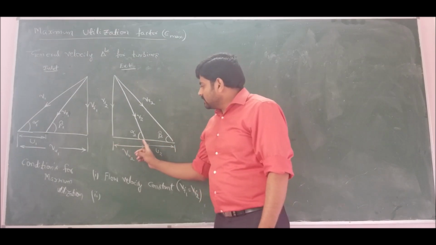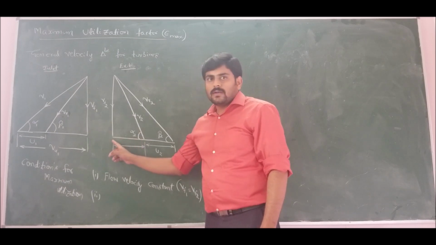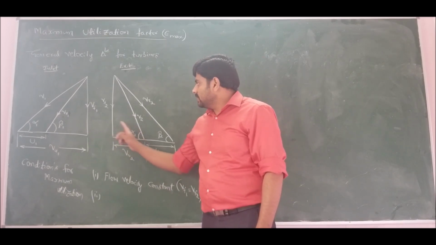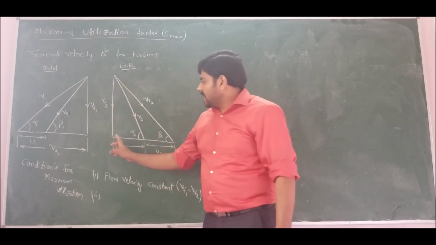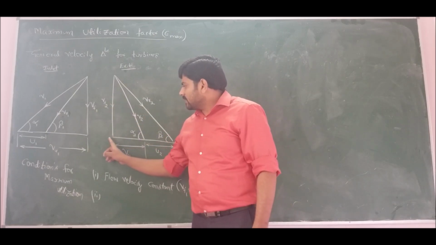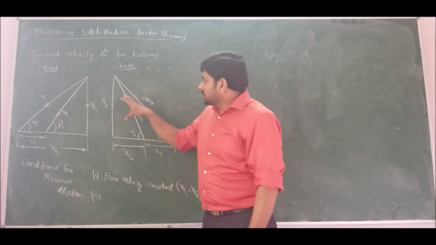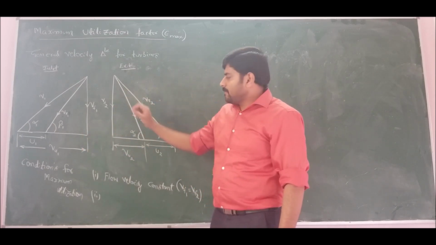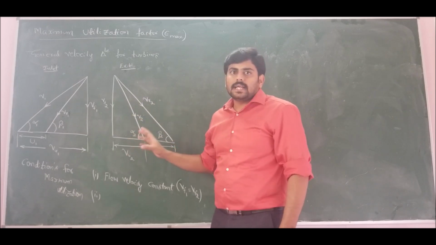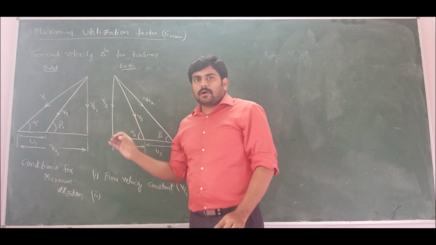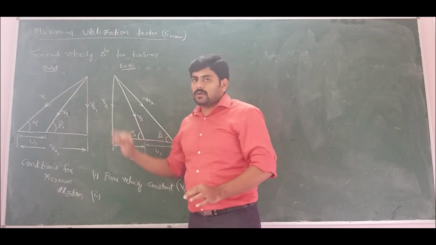You can see as V2 moves towards Vf2, its length keeps on decreasing and it attains the minimum length when V2 is equal to Vf2. If I again move towards left, the length will keep on increasing. All these are vector quantities. Its length indicates the magnitude, its arrow marks indicate the directions. So therefore, the least length of V2 is possible only if V2 is equal to Vf2.